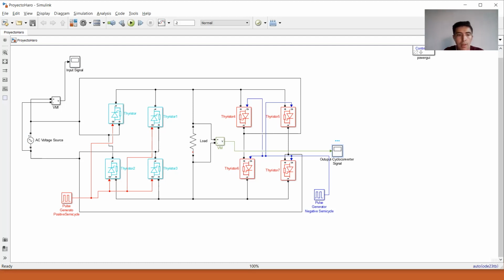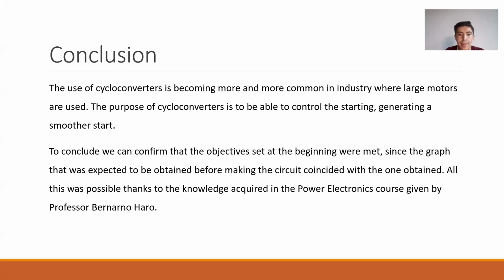Now, to conclude, we can confirm that the objectives set at the beginning were met, since the graph expected to be obtained before making the circuit coincides with the one obtained. All this was possible thanks to the knowledge acquired in the power electronics course given by the